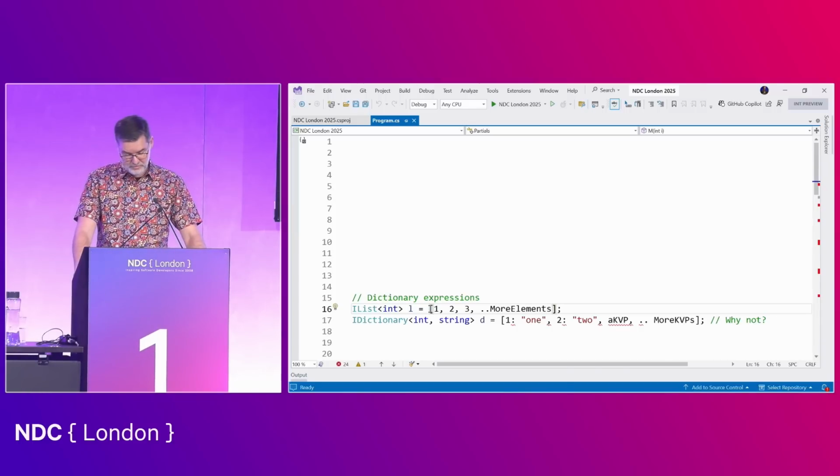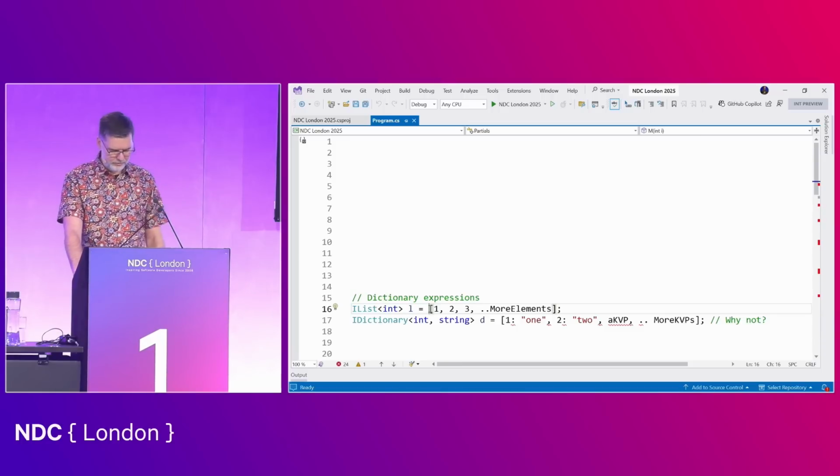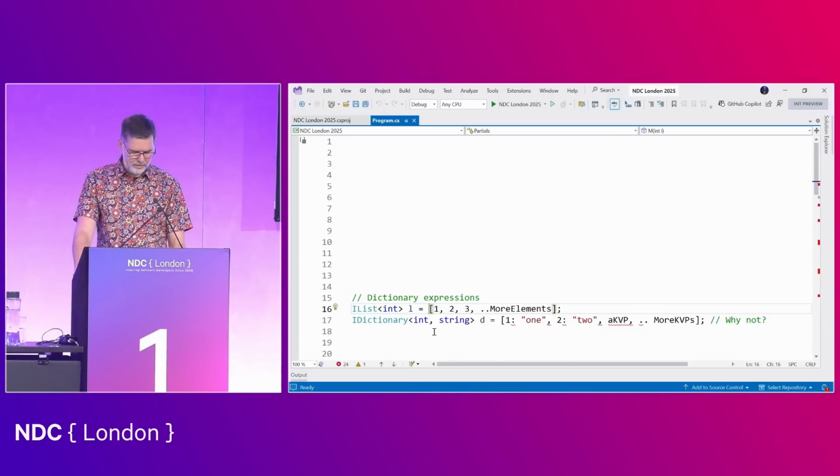So it was kind of part of the vision all along to also have dictionary expressions, and now we know how we want to do it mostly. There's still some open questions, because isn't it really annoying that as soon as I get to a dictionary, there's no way to create a dictionary with a collection expression,